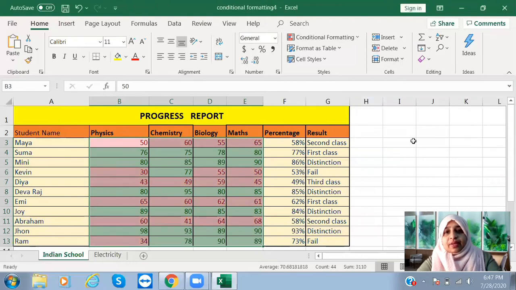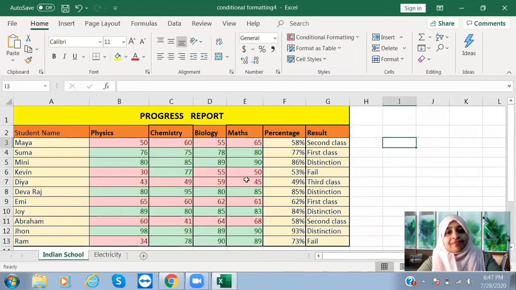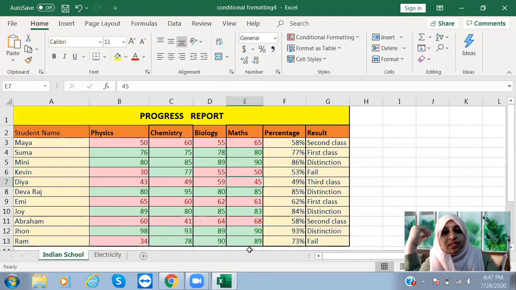Click OK. Now above average got highlighted with green color and below average got highlighted with red color. You can easily identify the data, right? So we have covered top, bottom, above average and below average.